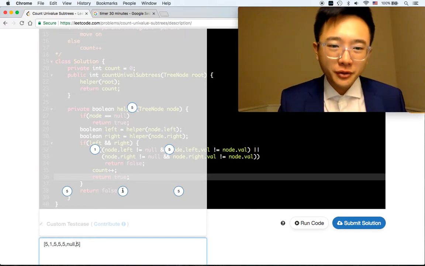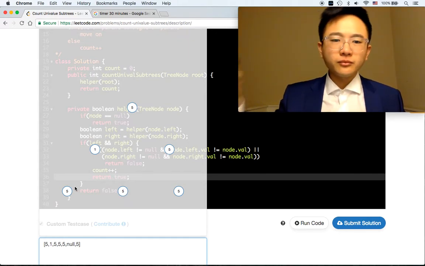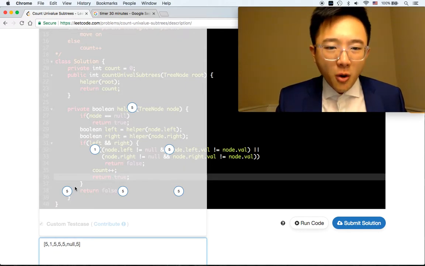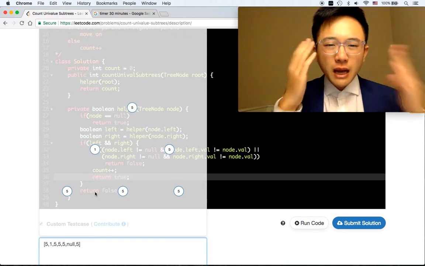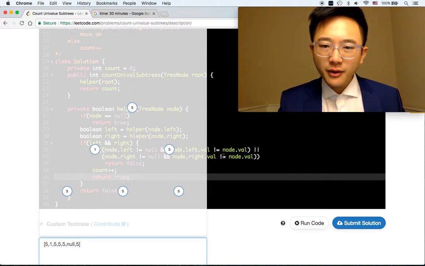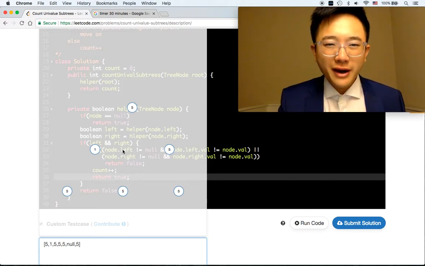We have 5 here, which is also true, and we go up to this point, and left and right are equal. But unfortunately, the left node is not equal to the parent node. So in this case, it's gonna return false. Now count is equal to 2 right now, and